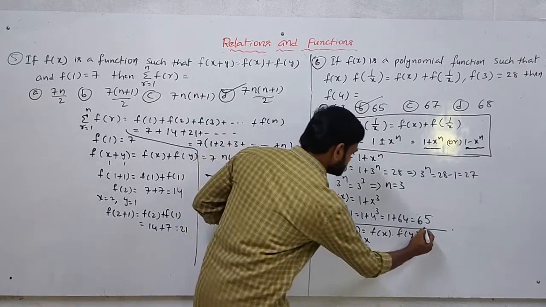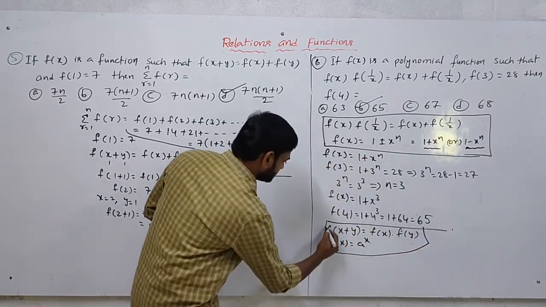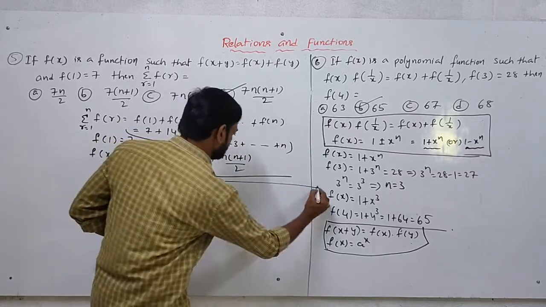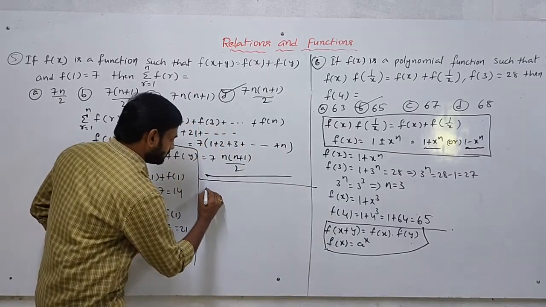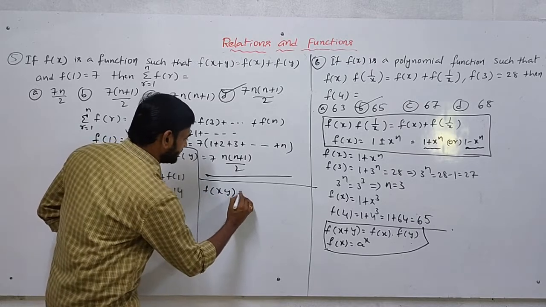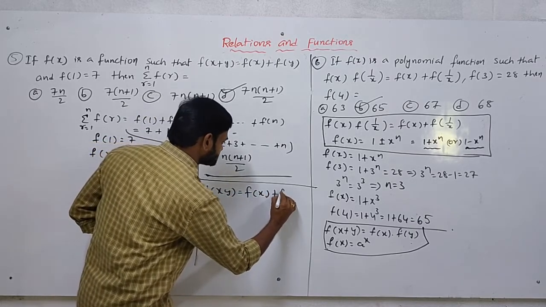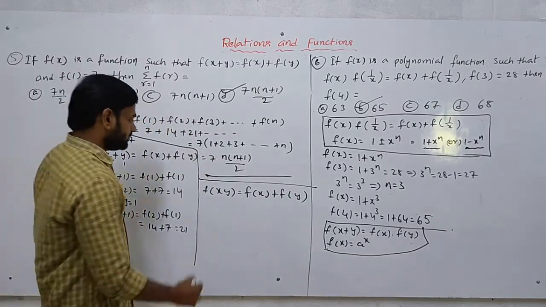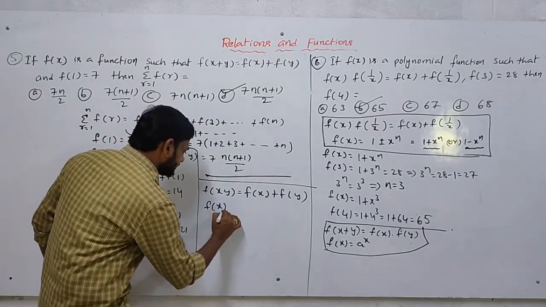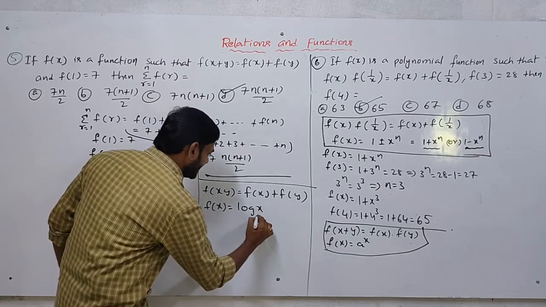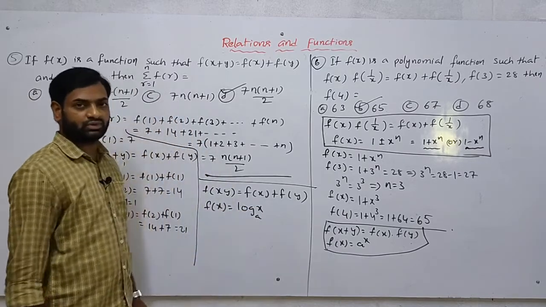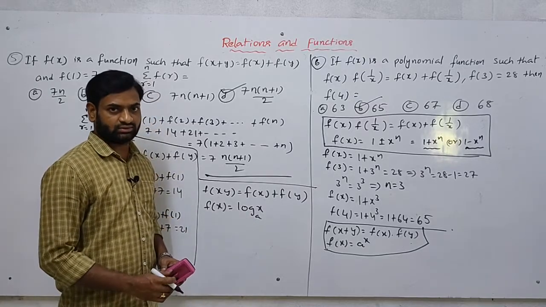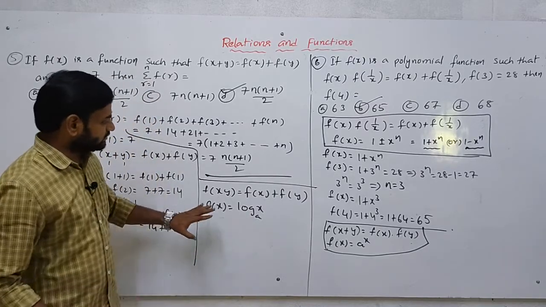So what is the condition? This one is fixed here. Next, one more is there, I am writing here one more. f(x*y) = f(x) + f(y). When we have this format, here we have to choose f(x) = log x to the base a. This one we have to take. So these are the formats.